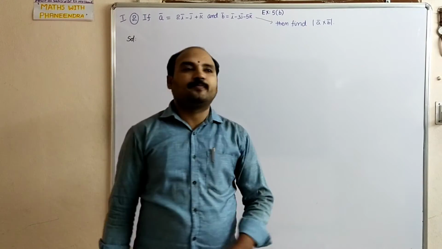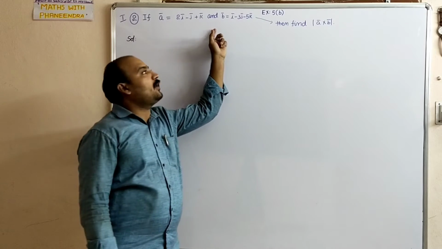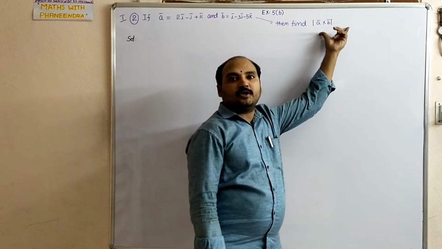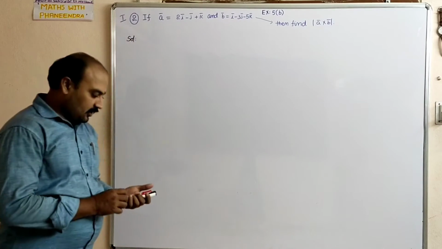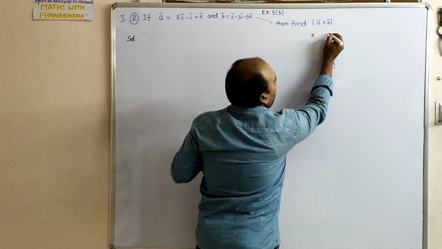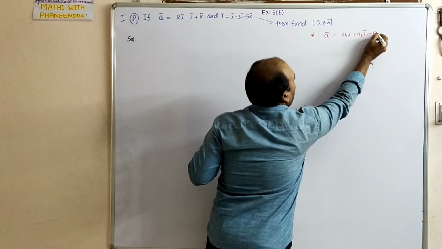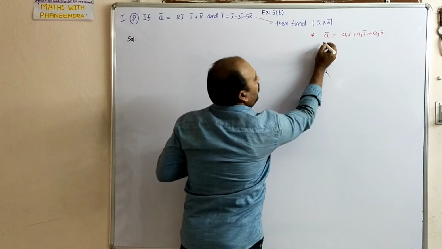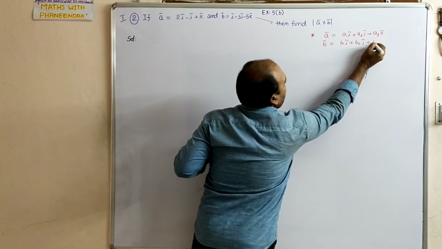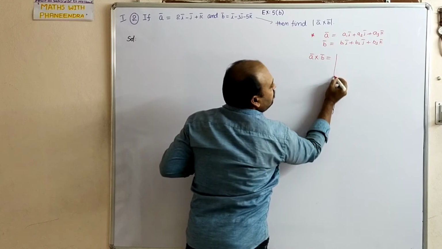The next question: if a bar equal to 2i minus j plus k and b bar equal to i minus 3j minus 5k, then find magnitude of a bar cross b bar. See, first a bar cross b bar, how to calculate? If the vectors a bar equal to a1i plus a2j plus a3k and b bar equal to b1i plus b2j plus b3k, then a bar cross b bar can be defined as